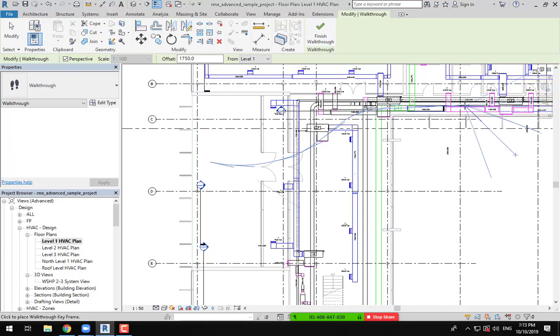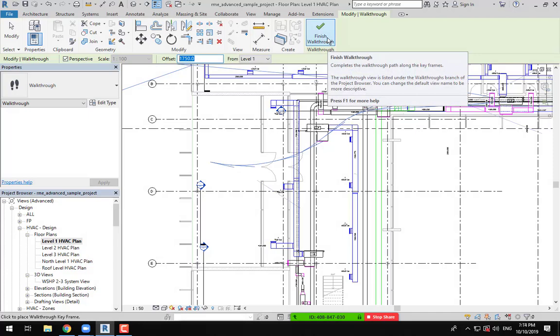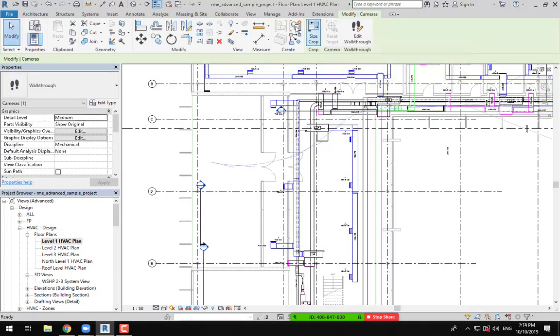I approximately made 8 points. So these points are 8 frames. I will make a video from these 8 frames. I will combine these frames and make a video. This is the offset. The offset means the distance for your eye, the real view for a normal person. I will finish the walkthrough,